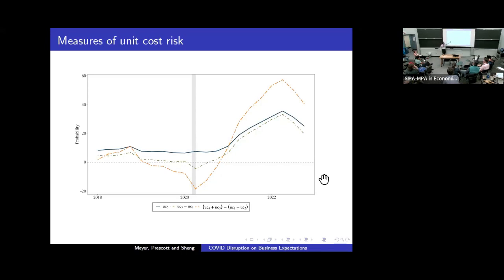You see at the beginning of the pandemic, clearly the balance of risk was weighted to the downside. Okay, but the firms quickly reversed course, placing more and more weight on the upper 2 bins. By August of 2020, you will see that the balance of risk clearly shows the upside risk outweighing the downside risk.